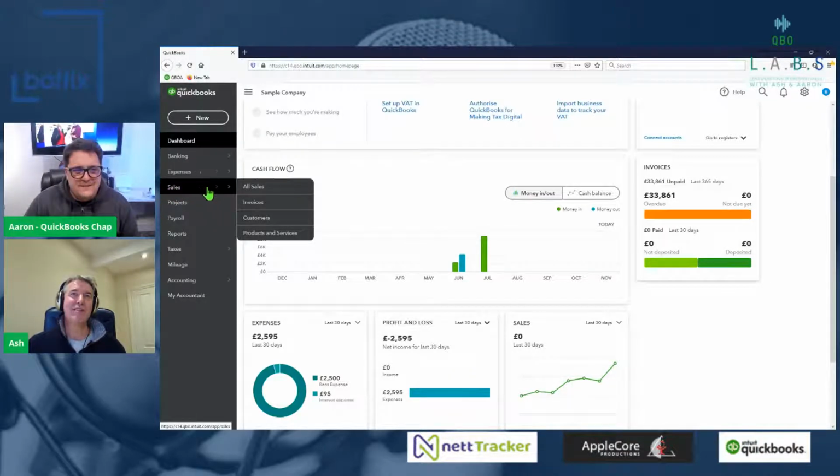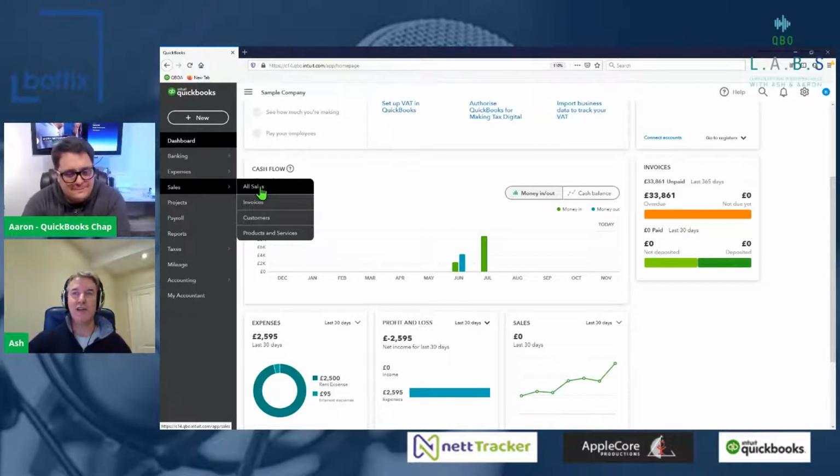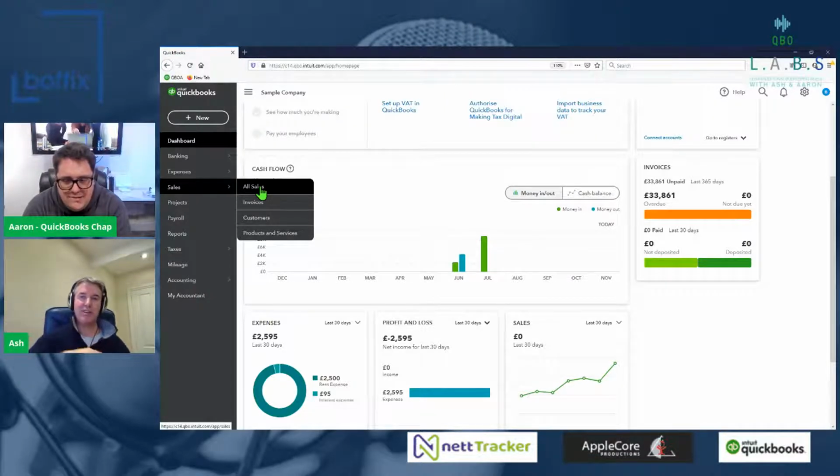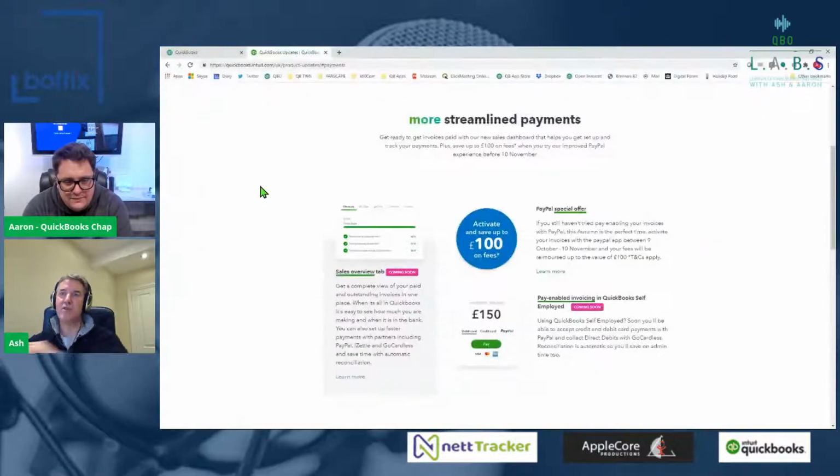But from within the Sales tab, you may find, depending on when you log in, that you have this additional option called Sales Overview, which will give you, like it says on the tin, an additional overview of your sales. But also, if you've only just started using QuickBooks, I think there are little pointers for when you need to create your first invoice and other options in there. I think that's right, Aaron, isn't it? Where they'll tell you what you need to do to get yourself started. So that's your sales overview.